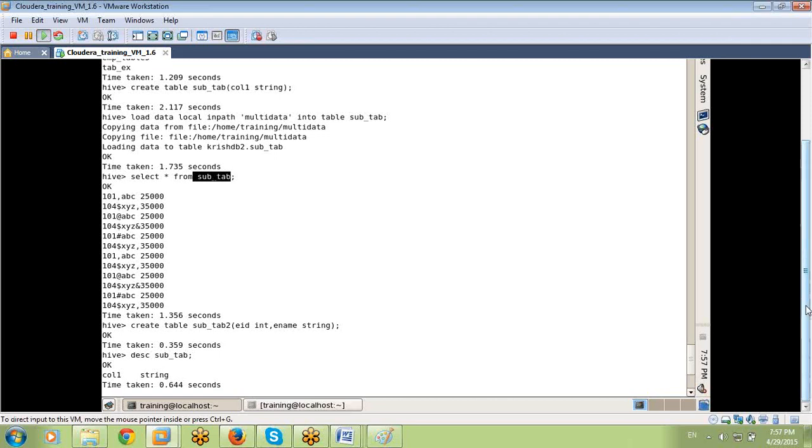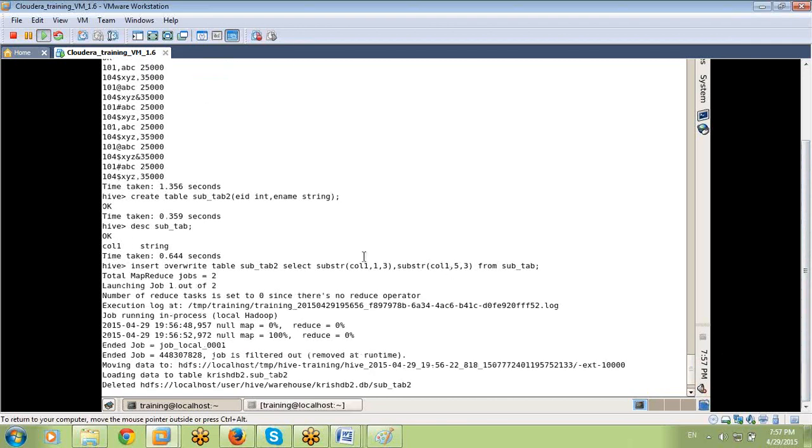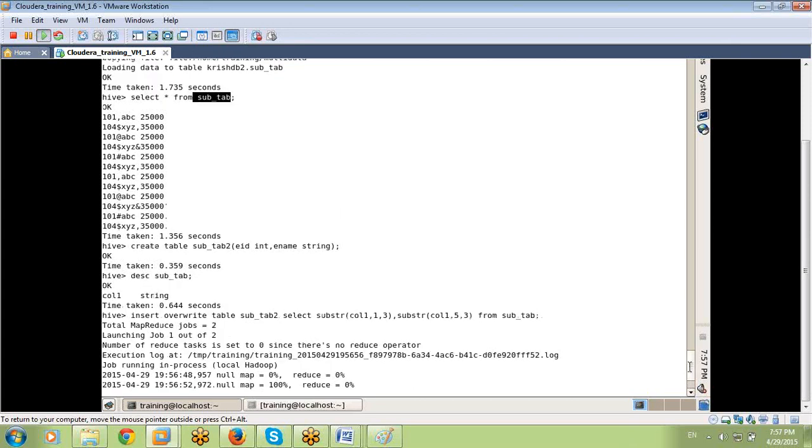Now it checks what we mentioned in our query: column 1, two substrings. It checks whether col1 is available or not. Yes, it's available. Is there data under col1? Data is there.